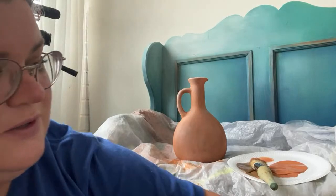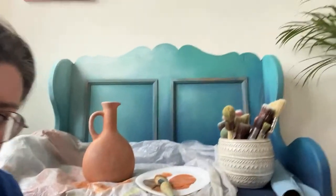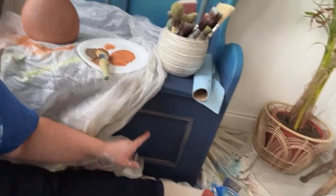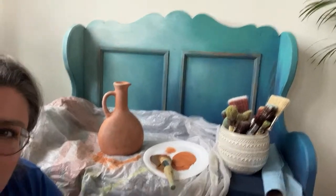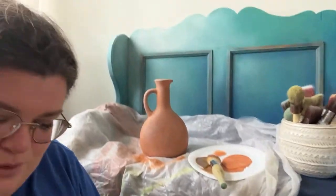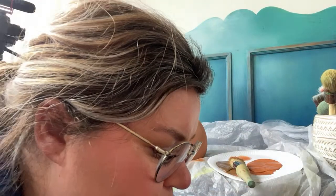You can't really see the purple on the bit that you can see. The purple is down here by my foot. Can you see it? It's sort of like an ombre effect. So we've got darker down here, but it's had lots and lots of paint washes, so it's all watered down paint that I've been using, pretty much. So if you want to see how I've done that, tune into my YouTube channel